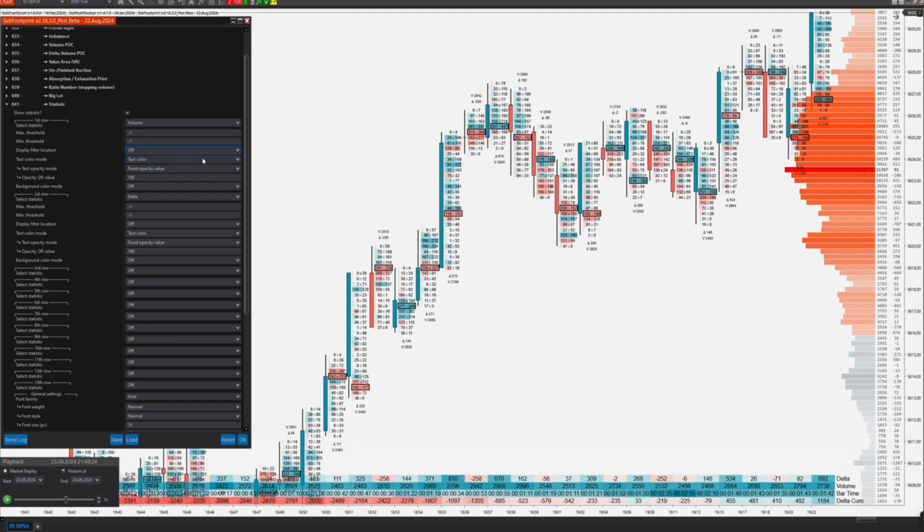What is, say, text color mode, either the text color or positive color. Negative color or with value-based color. It will always remain in the neutral color, since volume is always positive. However, this can be very exciting in the delta, because here, for example, with the volume text color and here with the delta, I don't want the text color but value-based. Then it becomes either red or green, depending on whether the delta is positive or negative. We can see this here. Red is a negative delta, green is a positive delta. So it's very exciting to see immediately what's going on. Even if you might not immediately notice the minus sign,